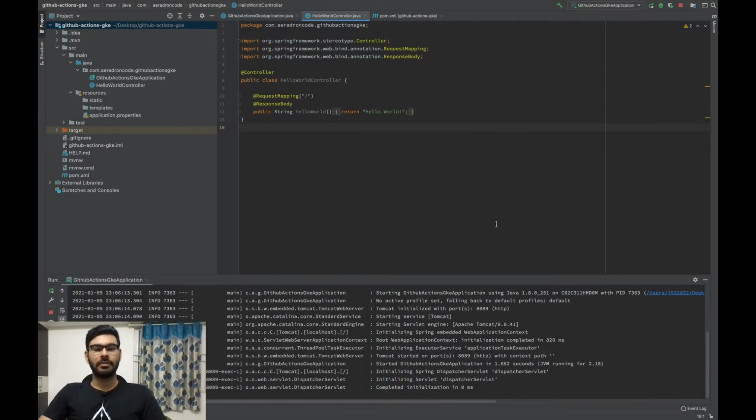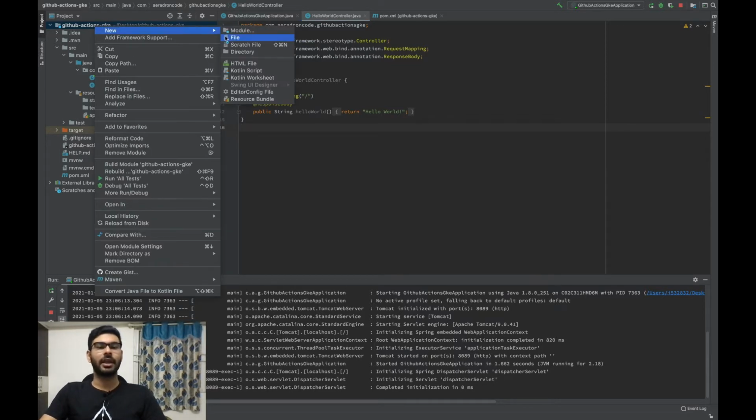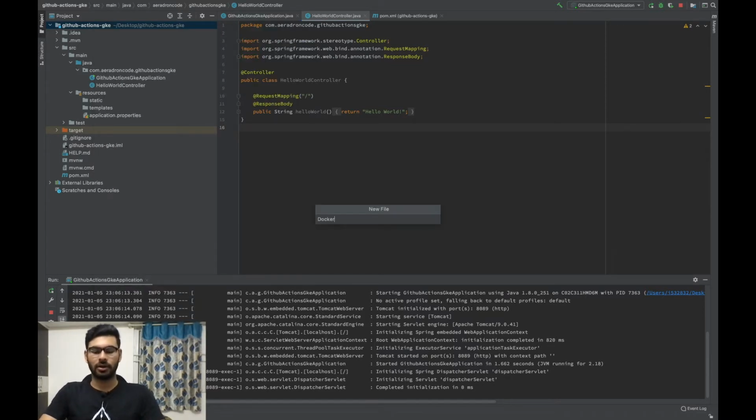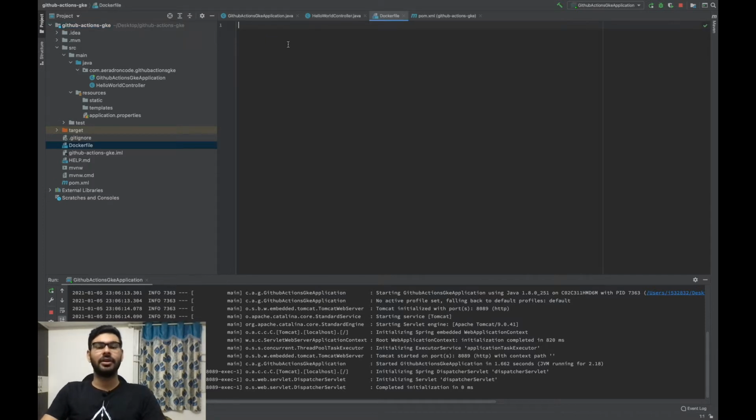To Dockerize our application, we require a Dockerfile. The Dockerfile is basically a file that Docker will use to convert the application into a Docker image. So go to your root directory and create a new file called Dockerfile. In this, we will add a few commands. First, the command will be the image that we want to fetch. For our application, we want to use JDK 1.8, so the image that we will be using is OpenJDK 8, and that is what we need to define.